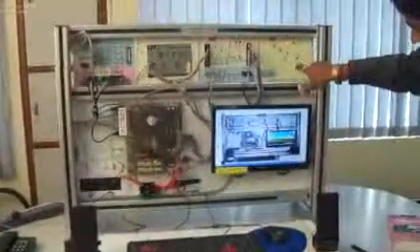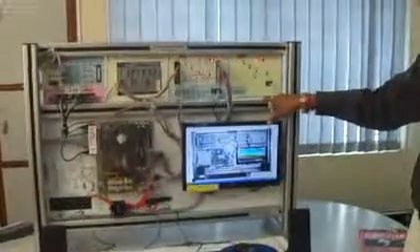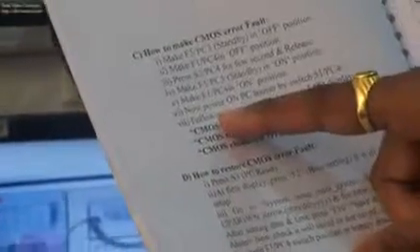On the next panel, this is the fault panel for CMOS and front panel. In this, there is one CMOS fault you can create by using the procedure given in this manual. So this is the procedure for how to make the CMOS error fault. So read the steps one by one and make the faults.